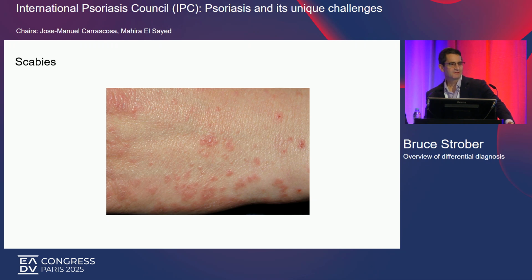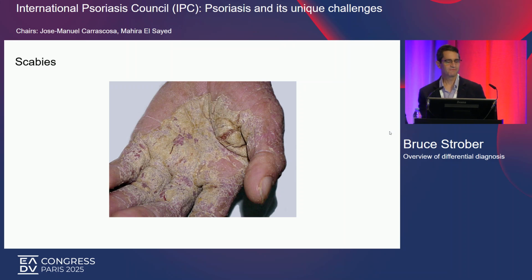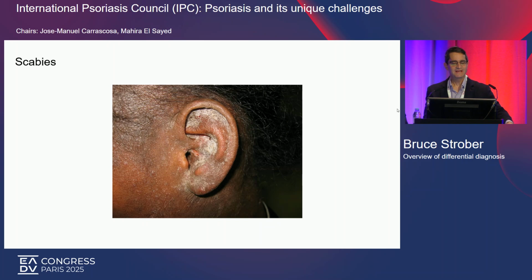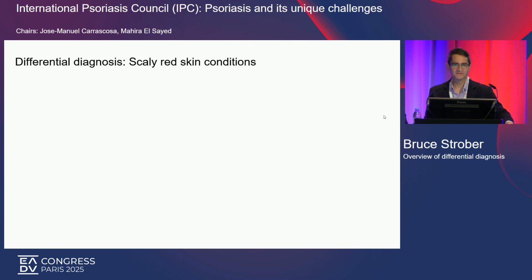Just the distribution might be mistaken, but scabies is a mimicker, especially in its more severe forms, the Norwegian scabies variant. Around the ear, again, you might think, oh, that's psoriasis, it goes to the ears, it's pre and post-auricular, but it's scabies. All right, so the upshot of this entire talk is there's a large differential diagnosis of red scaly skin conditions that goes beyond psoriasis, and you need to always assume that it might not be psoriasis,